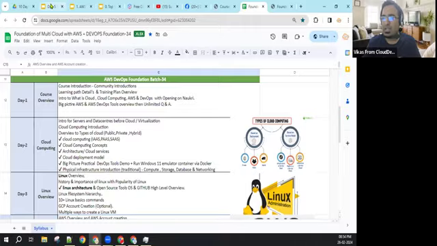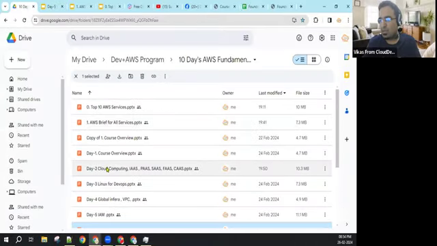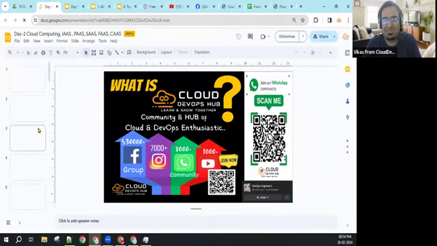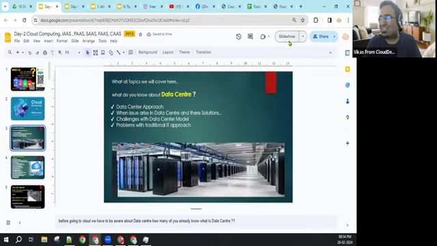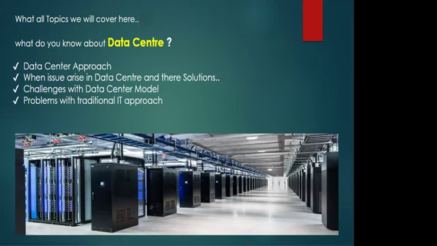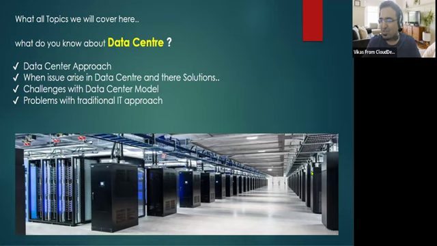Okay, first I will explain the data center. I'm just opening this PPT. Can anyone tell me what is a data center? You will say that Vikas is asking a lot of questions instead of teaching. Asking a question is good, right? A data center is a place where all the physical servers will be saved for an organization. Maybe you saw this type of data center in some movies. Yes, this is a data center, where different varieties of storage devices, resources, compute, CPU, memory, racks will be available. That is called a data center.